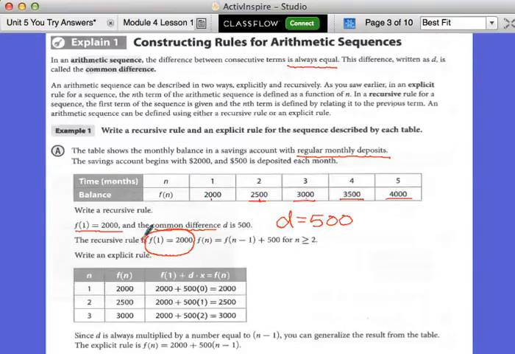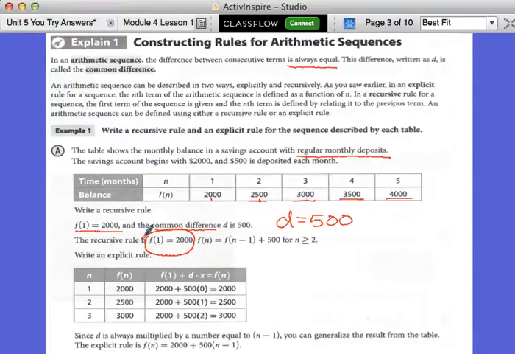Right? Since d is always multiplied by a number equal to n minus 1, you can generalize the result from the table. So you're easily able to say that it goes up by 500 each month, so it is an arithmetic sequence. And you're easily able to say that you're taking the previous term and you're adding 500. Okay, but now if we wanted to write it as an explicit rule,